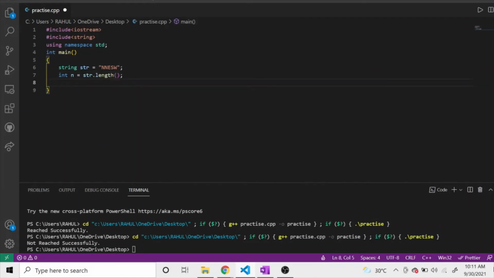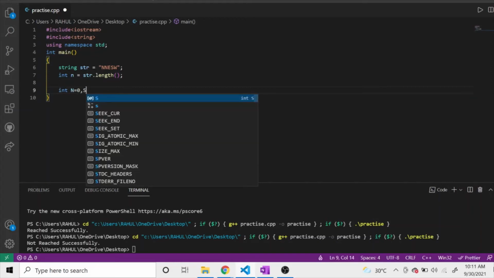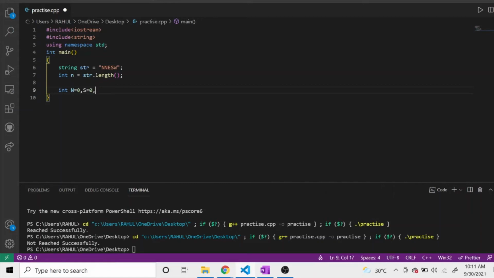Once this is done, we will create some variables: n, which will store the number of steps towards the north, s, which will store the number of steps towards the south, e, which will store the number of steps towards the east, and w, which will store the number of steps towards the west.